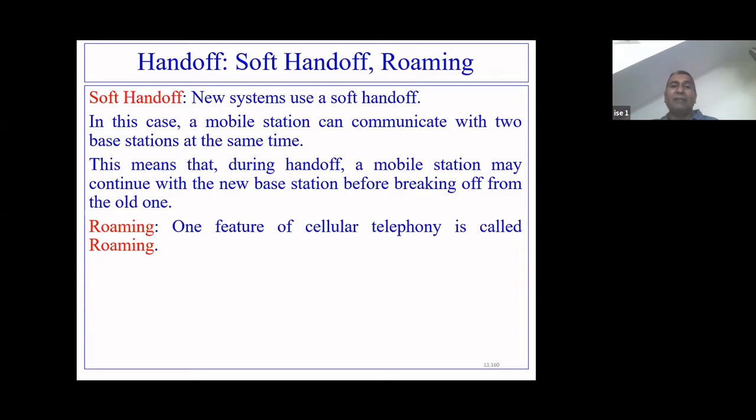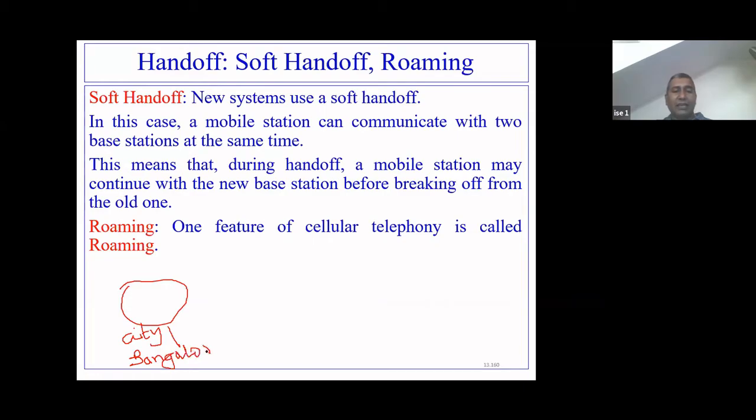Now there is a concept of roaming. This is the roaming scenario. In the roaming scenario, it is something like this. You are in city 1. You got the idea? This is particularly city 1. Assuming that you are in city 1, say it is Bangalore. Are you getting my point? So this is nothing but Bangalore.